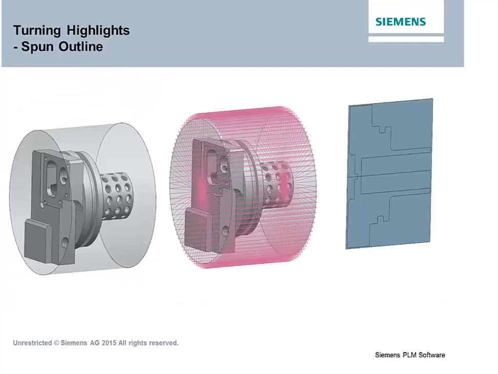So there you had it. You've seen kind of a quick mill turn demonstration on the sprue bushing. No, it's not a really complex part, but let me show you this in highlights with some things a little bit more in detail, why spun outline is so important. So here we see a little bit more complex part that could be done from bar stock. It could have also been a casting. But in this case, to outline, no pun intended, the spun outline of the part,